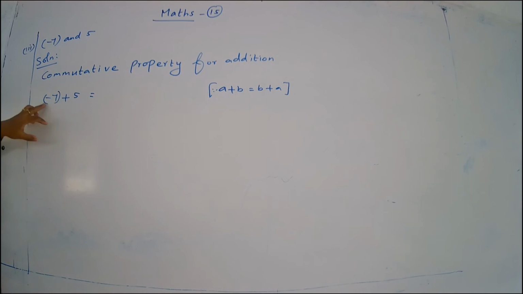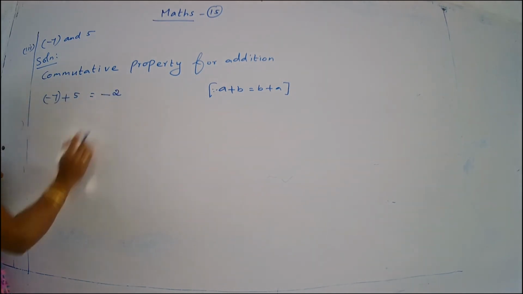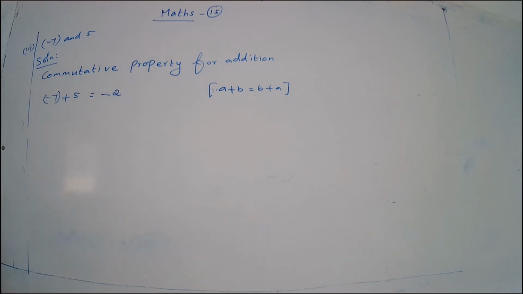If the integers have different signs, opposite signs, one is positive, one is negative, then find the difference and put the greater value's sign. Difference means always subtract the smaller number from the bigger number, okay children. So 7 minus 5 is equal to 2. Your greater number is 7, so that's why the sign is minus. So minus 7 plus 5 is equal to minus 2.